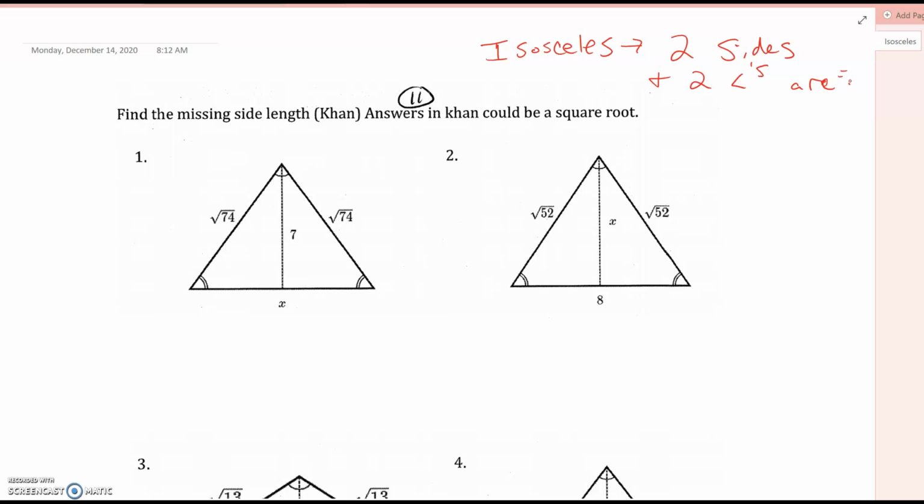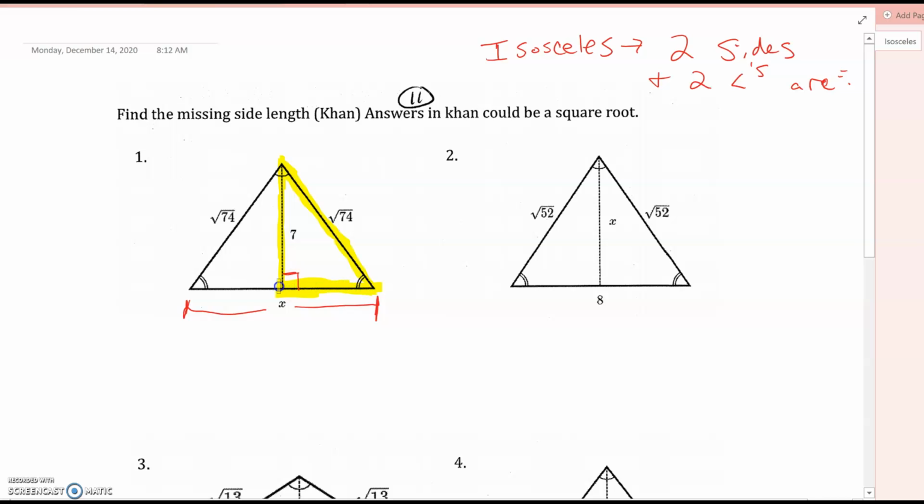So all of these are isosceles triangles, and when this comes down, this is actually going to be perpendicular. All right, and this x is going to represent this whole length here from here to here. So again, anytime that we need to solve for x in a right triangle or a side length when we're given two sides, we have to use Pythagorean Theorem, but the numbers have to represent a right triangle. So when I highlight this,